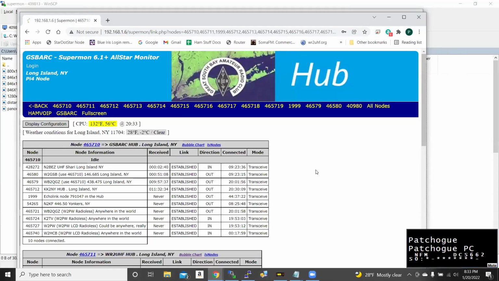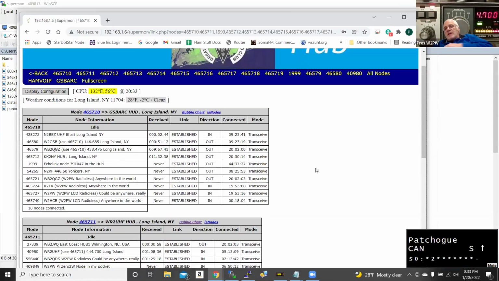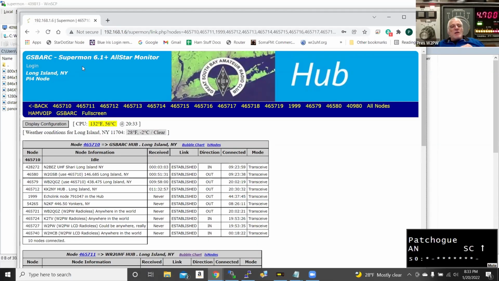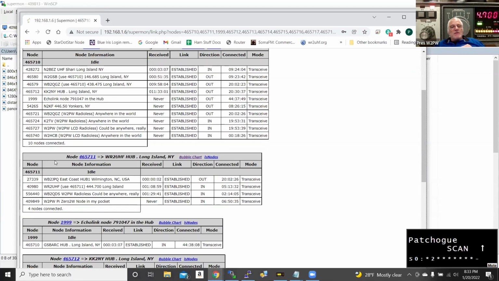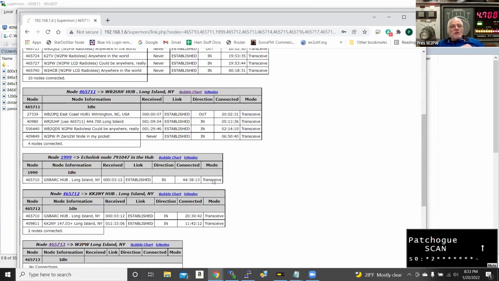Chris, is there a button available to shut down? There isn't. There's a button to reboot, but I'm going to show you a shortcut on how to properly shut down. Remind me to do that at the end of the talk. Okay? Yeah. So this is the hub, which has 465710, 465711. These are both inside the same pie, but also